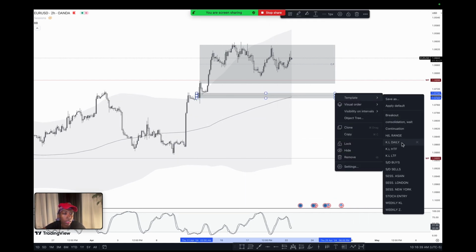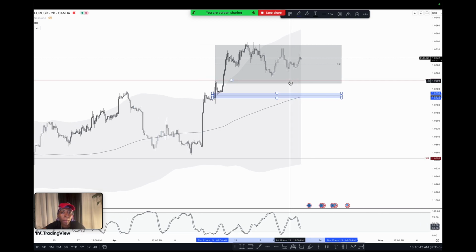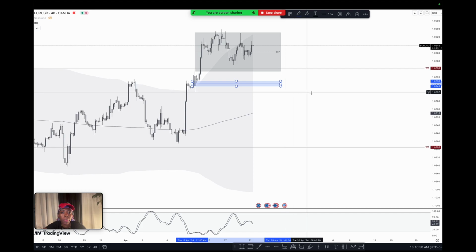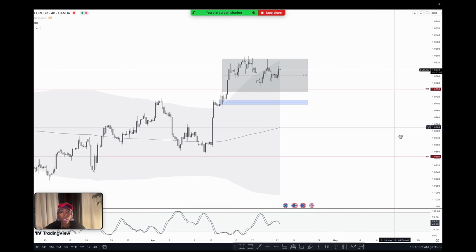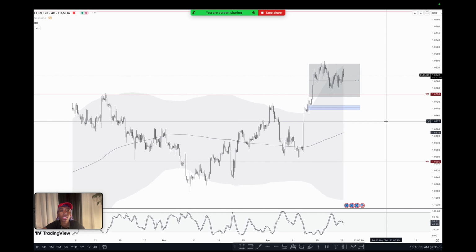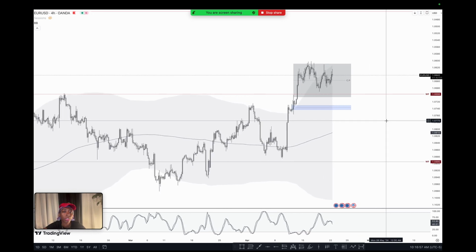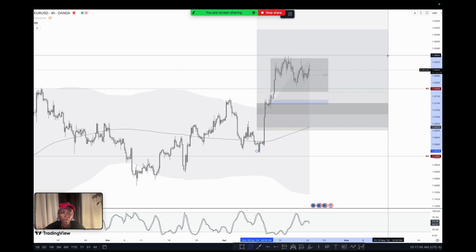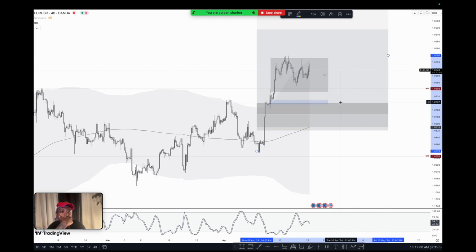This point of interest. Okay. This might be a continuation to the uptrend on the upside. Boom. Let me get the fibs. That's the 50, but